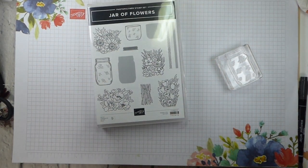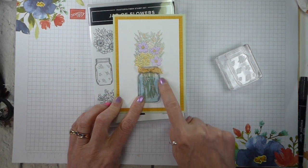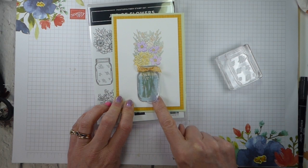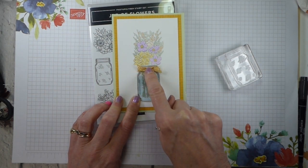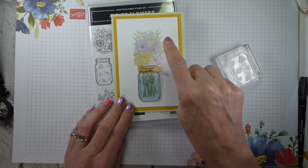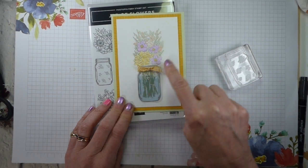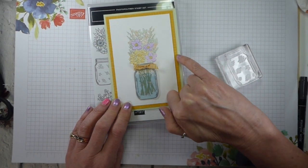So let me show you the card I've made. I'm going to change it up. So this is the card that I've made. I've got the jar punch here, which is in vellum with silver embossing. A little bit of the Bumblebee ribbon that is just such a pretty ribbon. And then I've coloured in pastel shades, and then this is the reverse of one of the designer series papers,